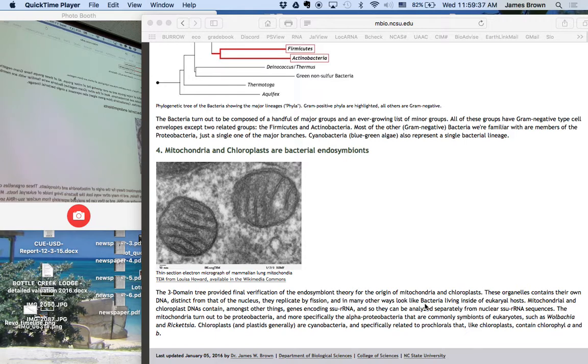This kind of endosymbiosis is really, really common, particularly for phototropes. There are any number of unicellular eukaryotes that take up cyanobacteria and keep them inside, and they are functionally chloroplasts. But they can be released or taken in at will. They're not obligate symbionts. Even animals can do this.